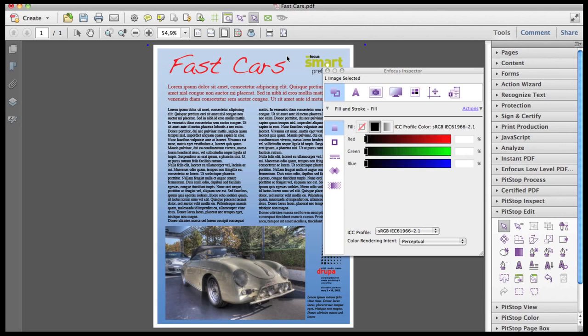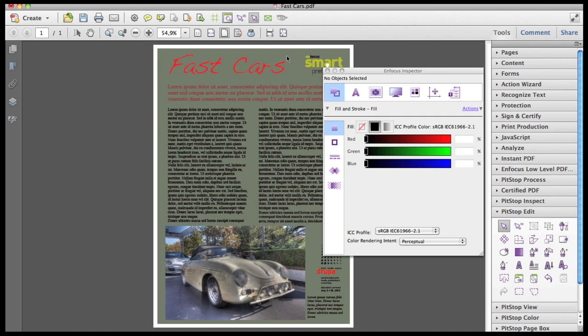The better solution, now made available in PitStop 12, is to simply replace the problematic element with a true gradient directly within the PDF file. I'll delete the original element,